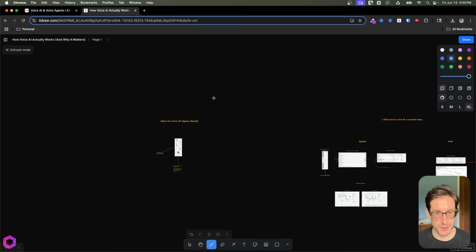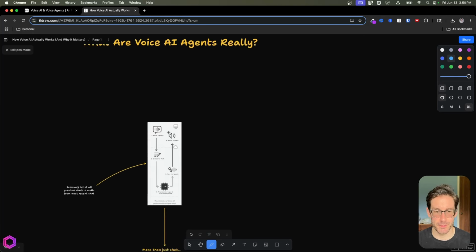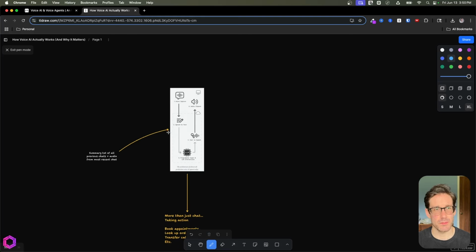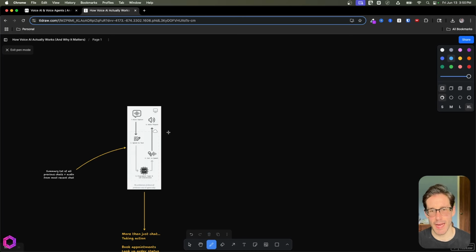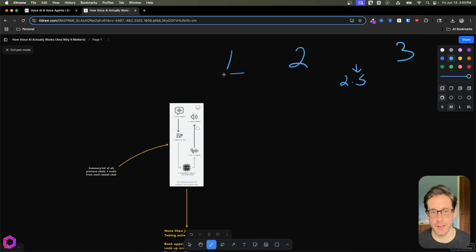All right. So first things first, let's talk about how voice AI agents function in the background. There are probably three main paths of this, so we'll draw this up here. So we've got one, two, three, and then we'll add a 2.5 in the middle, and I'll come back to that later. So variation one looks kind of like this,